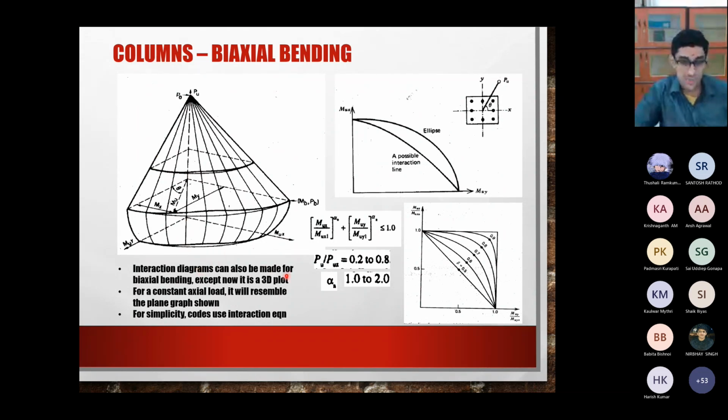So the interaction diagrams can also be made for biaxial bending, except now it's a 3D plot. For any constant axial load that you take, if I take this value of P, then I have this curve. And this curve is what is shown over here. In the code book, you are shown this particular interaction. This is known as an interaction equation, where basically